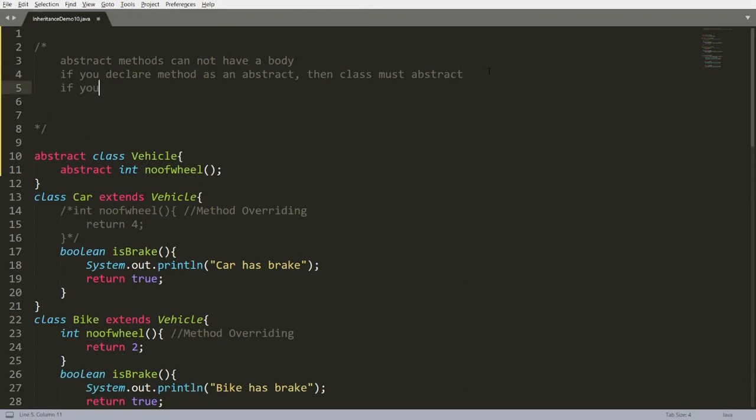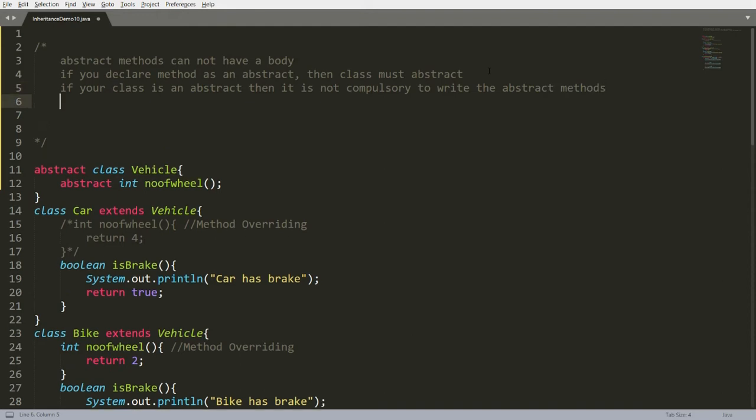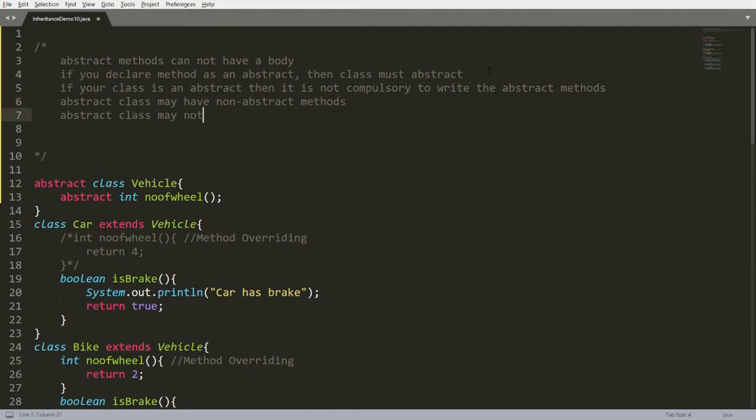It means if your class is abstract, then it is not compulsory to write an abstract method. An abstract class may have non-abstract methods, and an abstract class may not have abstract methods.